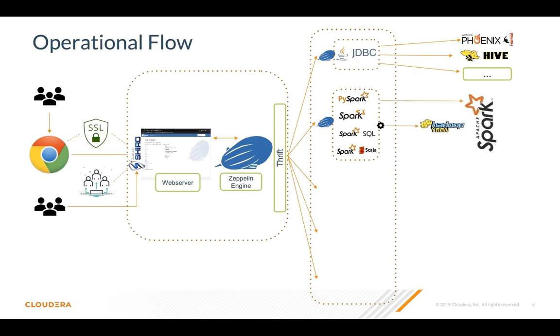And if it's configured in the YARN mode, you can connect in the YARN client mode, also in the YARN cluster mode. The gear icon represents the driver. In the YARN client mode, the driver runs along with Zeppelin. In the cluster mode, it runs in YARN itself. And in the backend, it can communicate to Spark. And if it's configured with the Hive context, it will communicate with Hive as well.